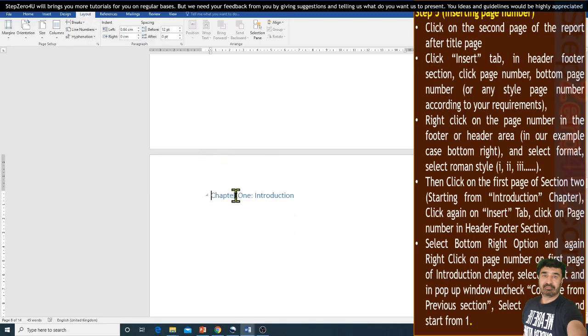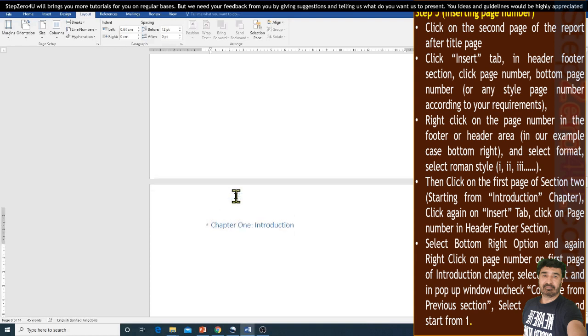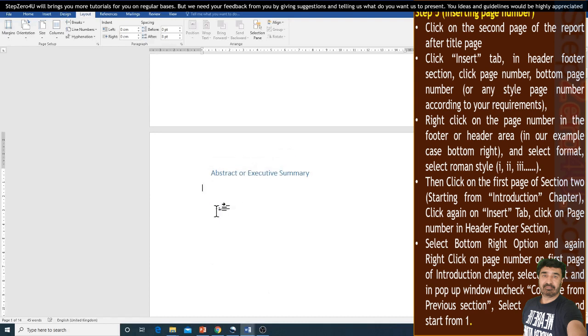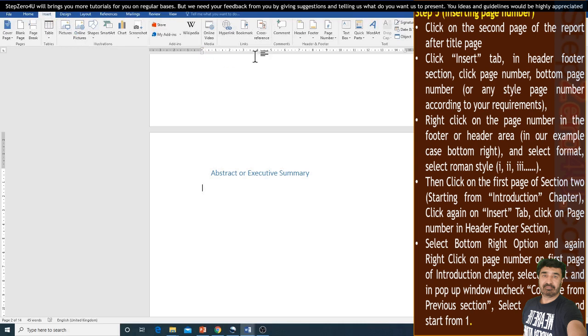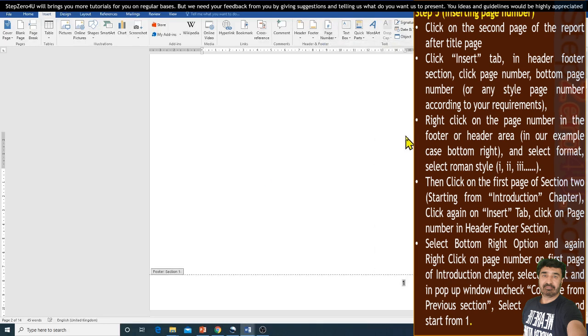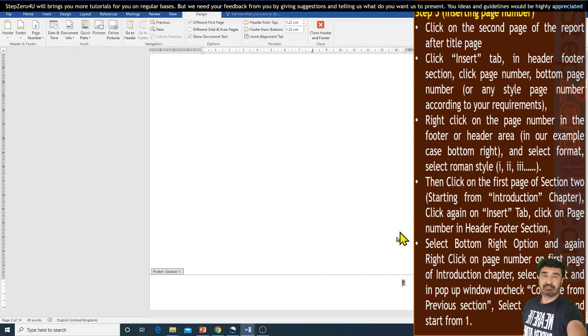Now we can put page numbers in section 1, which is before the introduction chapter. So we will go to the first page of this section or anywhere, and then insert page number at the bottom right, and this will put page numbers in the first section.